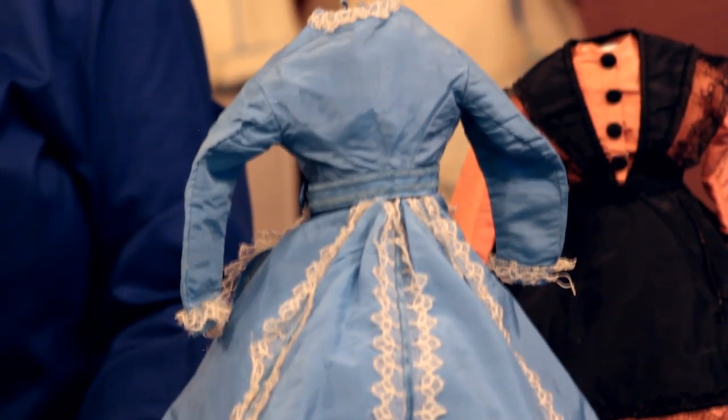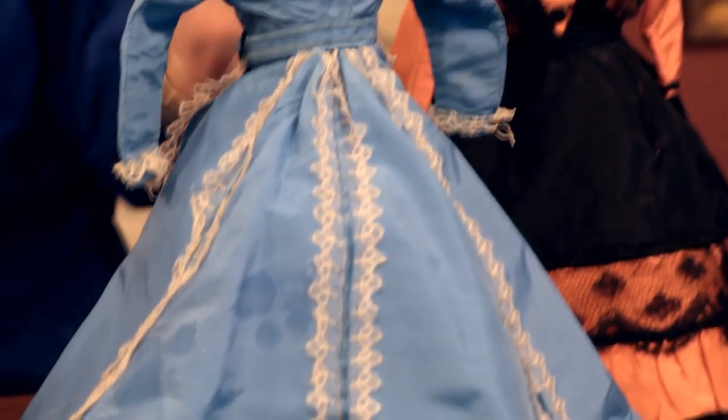Okay, and you see the front of her is very, very beautiful, again with that very, very fine, delicate lace. Flat skirt front, flat dress front. And as we turn her, you start to see her train and how very extended and long it is. Can you imagine her sweeping down the stairs, entering the ballroom? And there is the back. Very, very simple, but